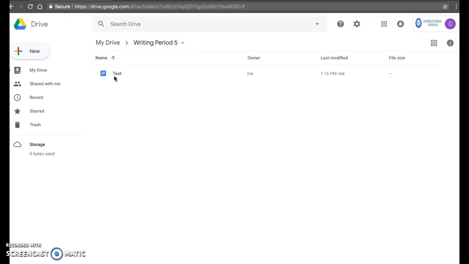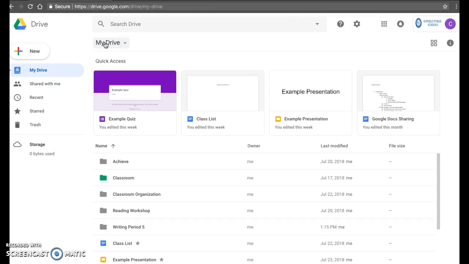So if you want to go back to My Drive, you can go ahead and click on My Drive here. This top toolbar will show you where you are in Google Drive. So right now we're in the Period 5 folder. If I click on My Drive, it'll bring me back to My Drive in general. What's neat about some of the options here in My Drive is if you click on a folder or a document in your drive,